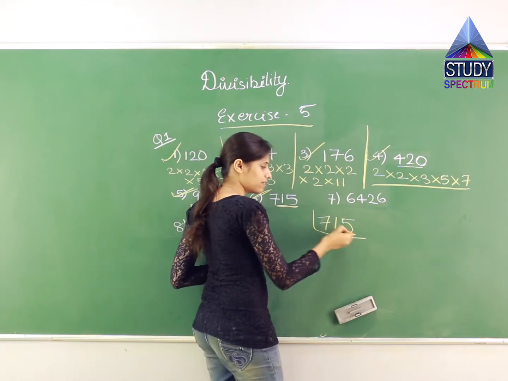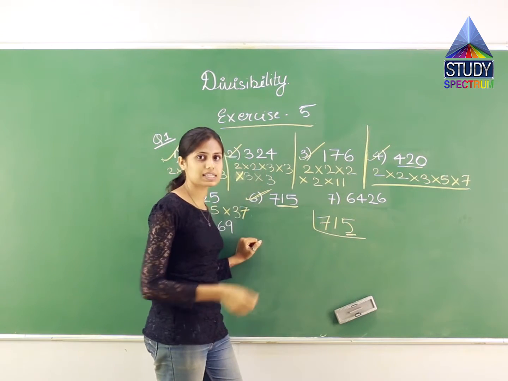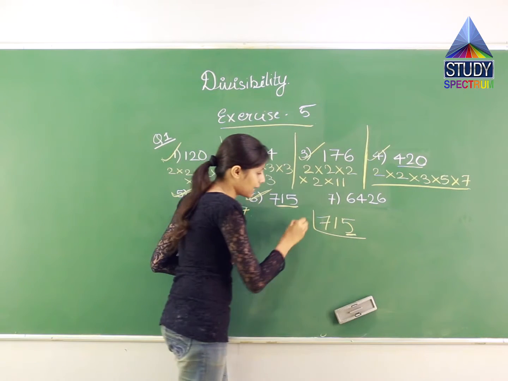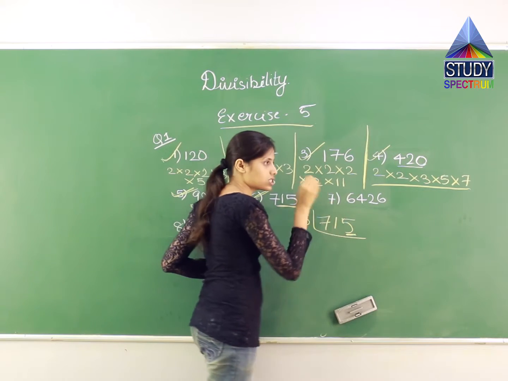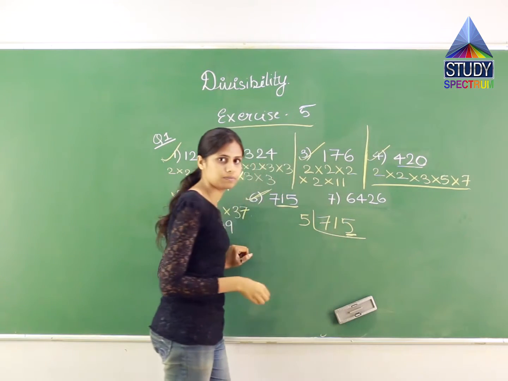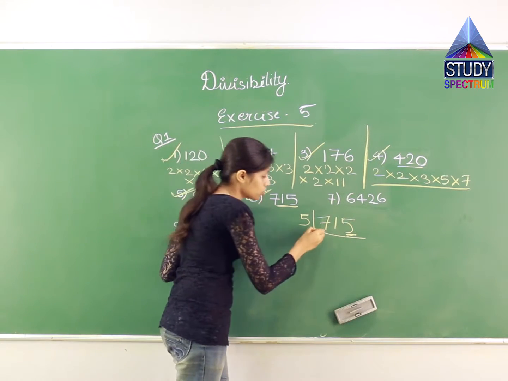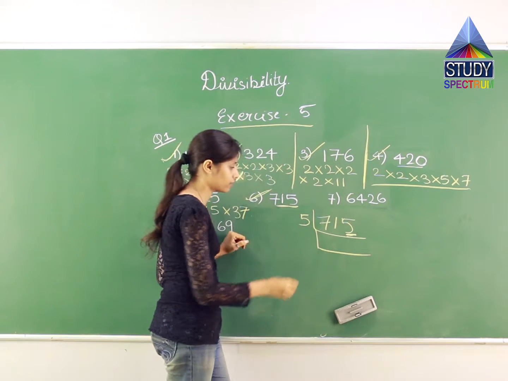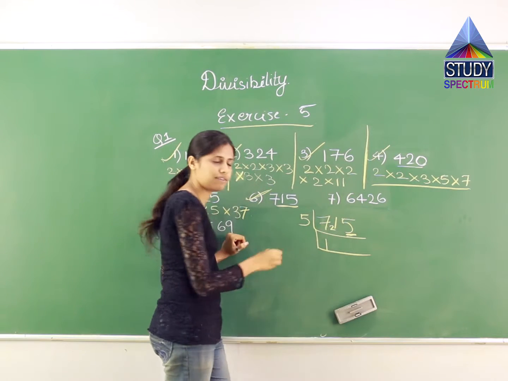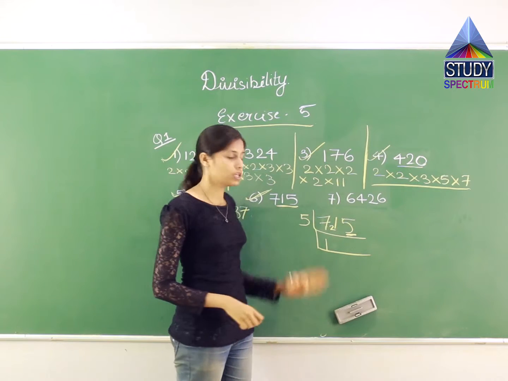Then can it be divisible by 4? No, because over here at the units place I need an even number for 4 also. So it is not divisible by 4. I can divide it by 5. Why 5? Because the test of divisibility by 5 says I need 0 or 5 at the end. And I have 5 at the end. So I can say that it is divisible by 5. So let us divide 715 by 5. So 5 ones are 5, 6, 7. 7 minus 5 gives me 2. So I get 21 over here.